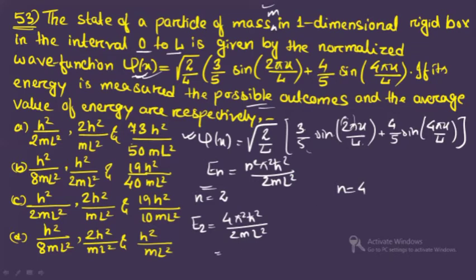And if you see here, this is 4 pi square by 2m L square into it. You know h cut equals h by 2 pi, so it will be h square by 4 pi square. So this 4 pi square and 4 pi square will get cancelled. And you will have the value h square by 2 m L square. This is the value of E2. Similarly, if you find E4, E4 will be equals to n square, here n equals 4.